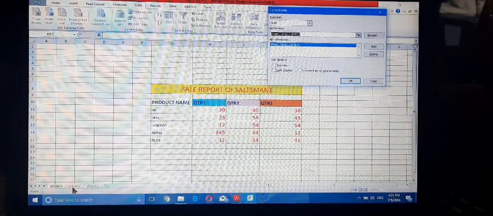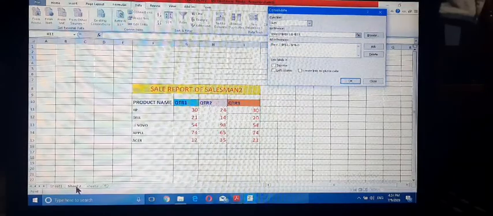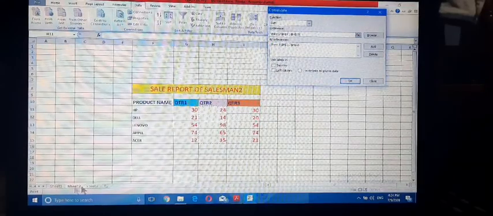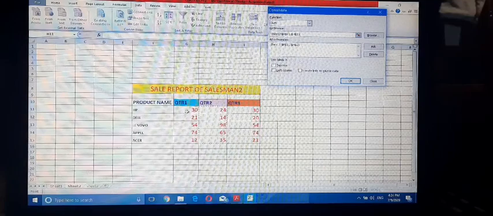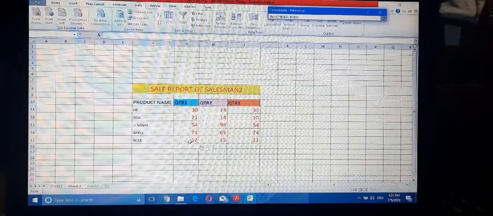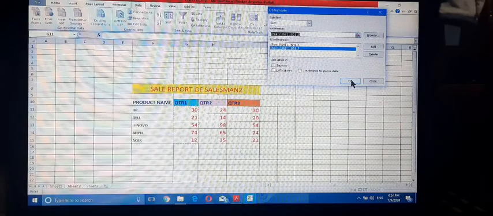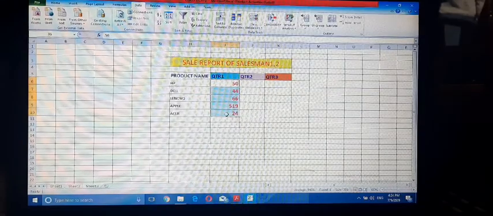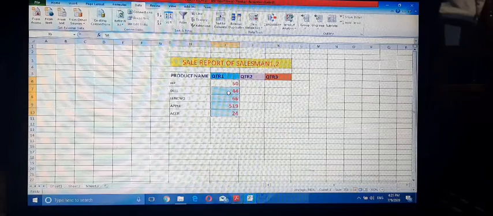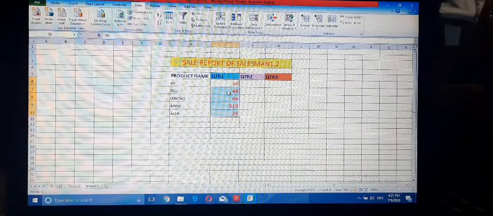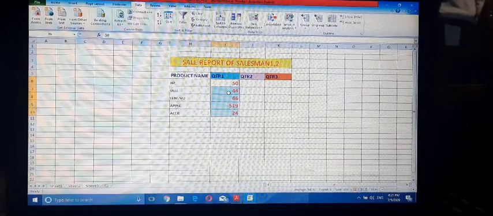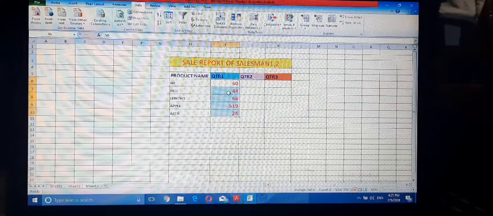Go to Sheet 2, then select the quarter 1 values and click on the Add button, then click on OK. This is the consolidated data of Sheet 1 and Sheet 2. I have used the sum function.